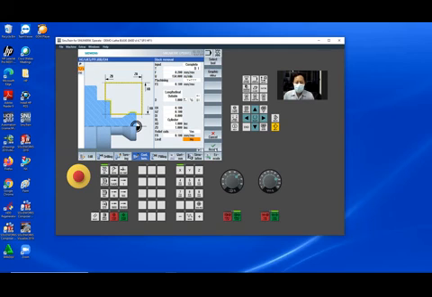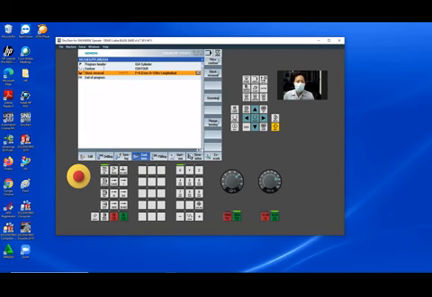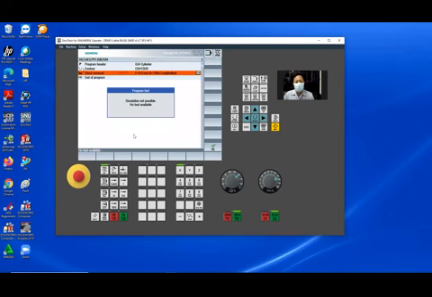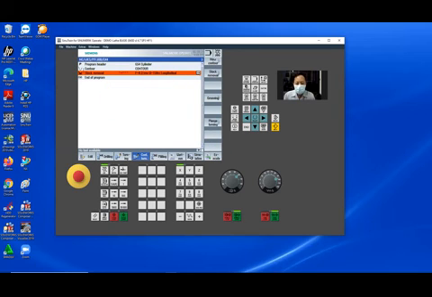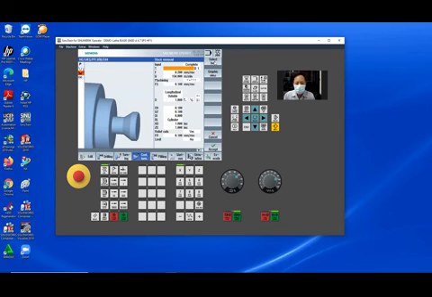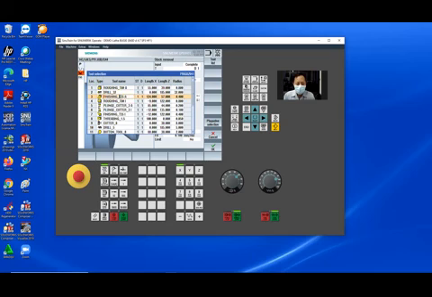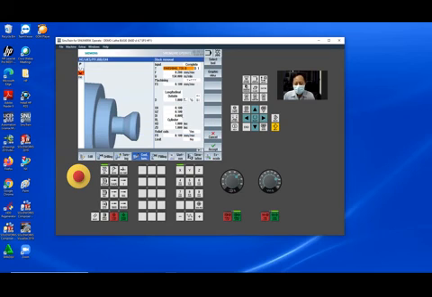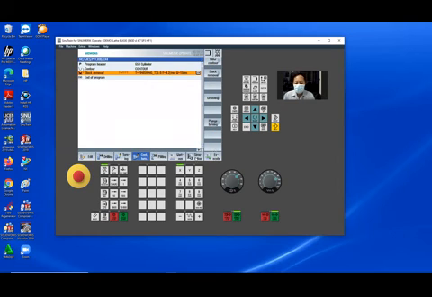Okay, accept. Okay, like this, only 1, 2, 3, 4. Simulation. Oh, why not? Oh, no tool. I forget the tool. The tool is finish tool. Okay, the tool is already done. Accept. Simulation.